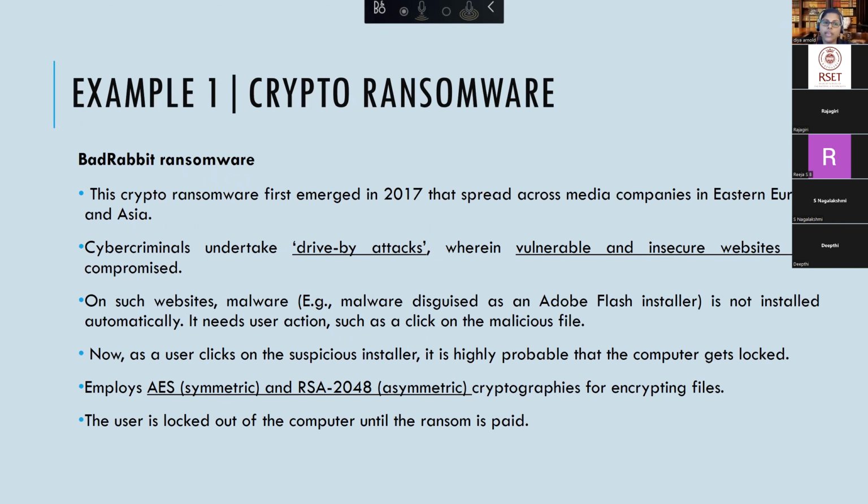Now let's move on to one example of each in detail. The first one is Bad Rabbit. Bad Rabbit is a category of crypto ransomware, which means it encrypts the files. It emerged in 2017. The distribution vector used in Bad Rabbit is insecure, malicious websites. It has an exploit which will scan your device, look for a vulnerability, exploit that vulnerability, and get access to your device. Now, the exploit used in this kind of ransomware is